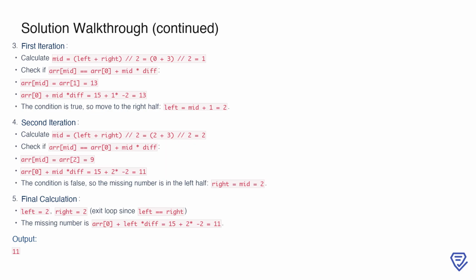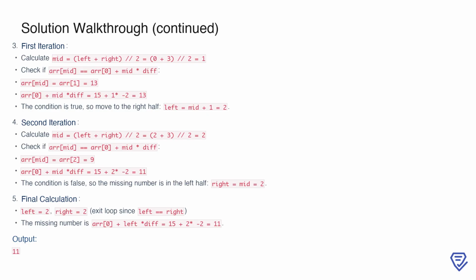In the first iteration, we compute mid as (left + right) / 2, which equals (0 + 3) / 2 equals 1. Checking arr[mid], we find that arr[mid] is 13 and the expected value is arr[0] plus mid asterisk diff, which evaluates to 15 plus 1 asterisk -2 equals 13. Since the condition holds true, the missing number is in the right half, so we update left to mid plus